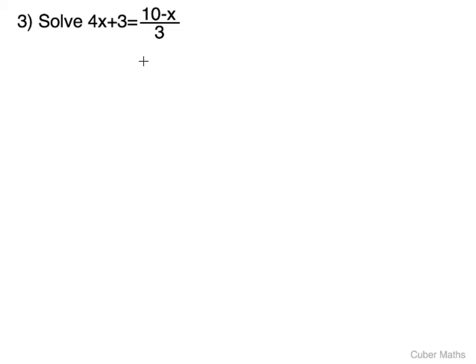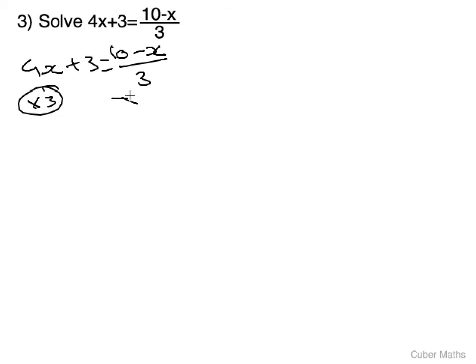Here we have our third problem. It says solve 4x plus 3 is equal to 10 minus x divided by 3. Now just like the previous two, we've got a divide, so we're going to try and reverse that first to get rid of it. So what we need to do is times both sides by 3 because it's a divide